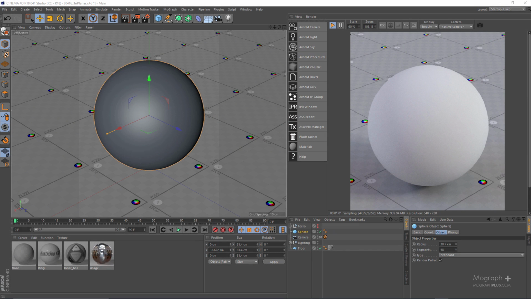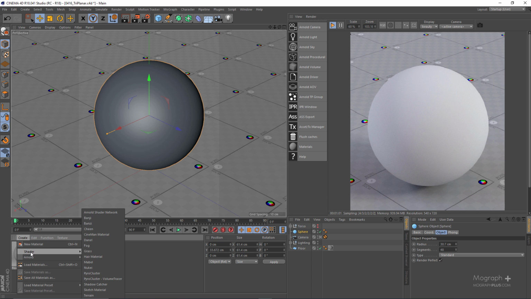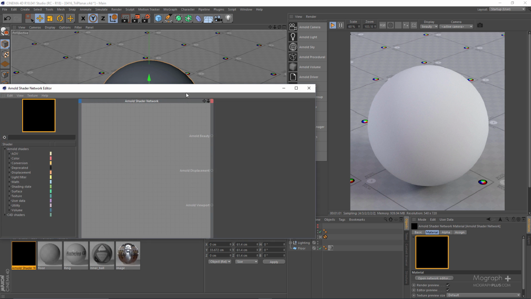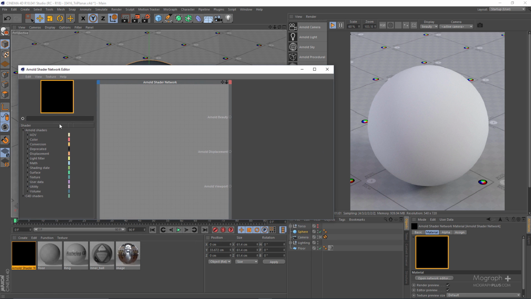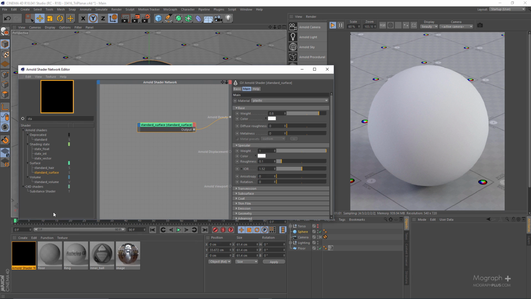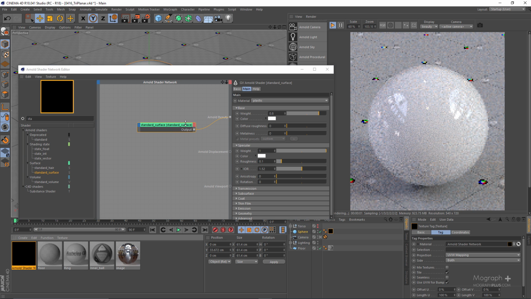Okay guys, in this lesson we take a look at the Triplanar shader, which allows you to quickly map a texture without using a UV map by projecting it from all 6 sides. So in this scene I have this very simple sphere, and if I create a shader network, let's add a standard surface shader,